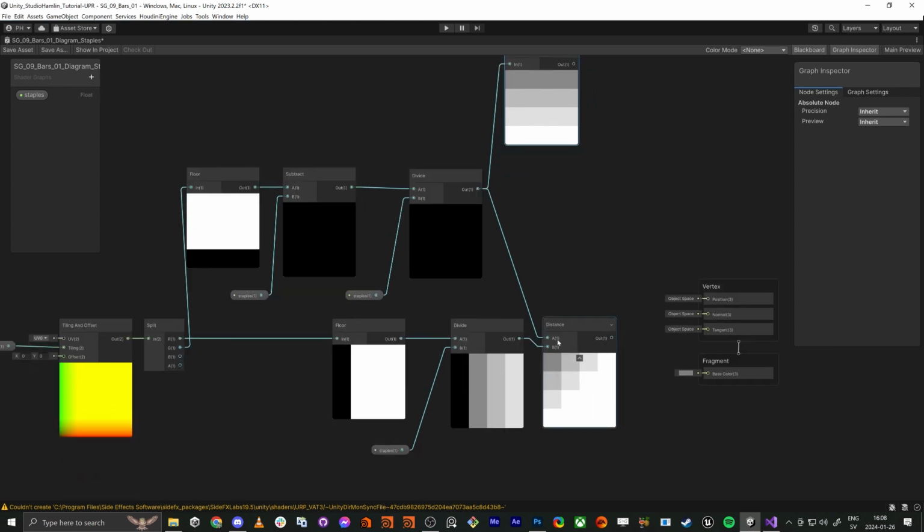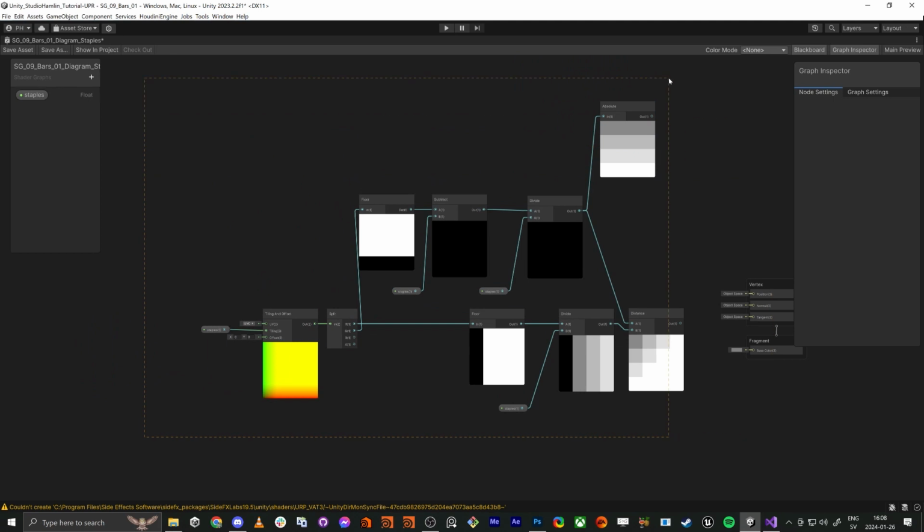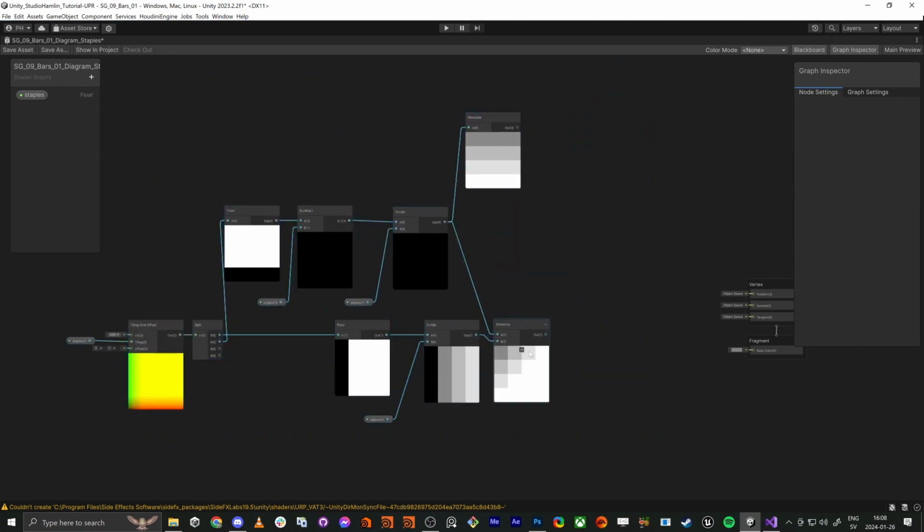So this means we get even more value, but because this does not exceed 1, we can actually use the floor here, and now we have the stair. So this is super nice. So we actually have the kind of